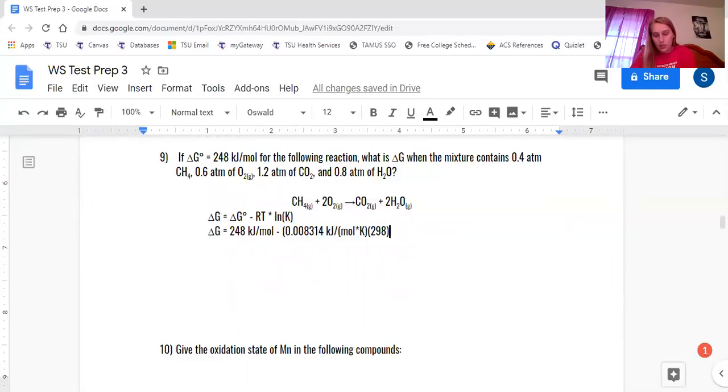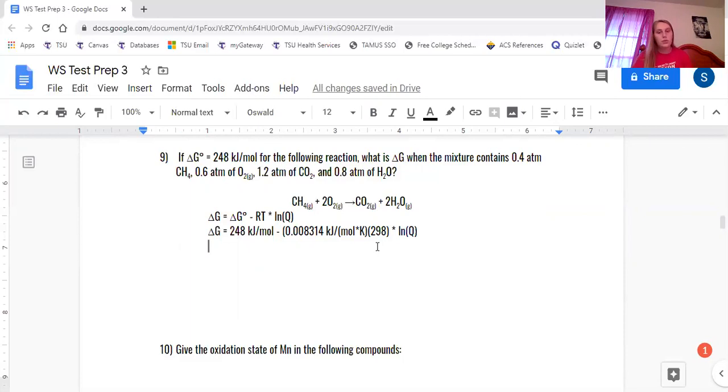And so since we're going to do that, okay, and then we have the natural log of Q, which we don't know yet. And we have to, okay, that should be Q because we don't know if this is at equilibrium this time, I guess. So that makes it Q, which those are kind of interchangeable. And so we have to find